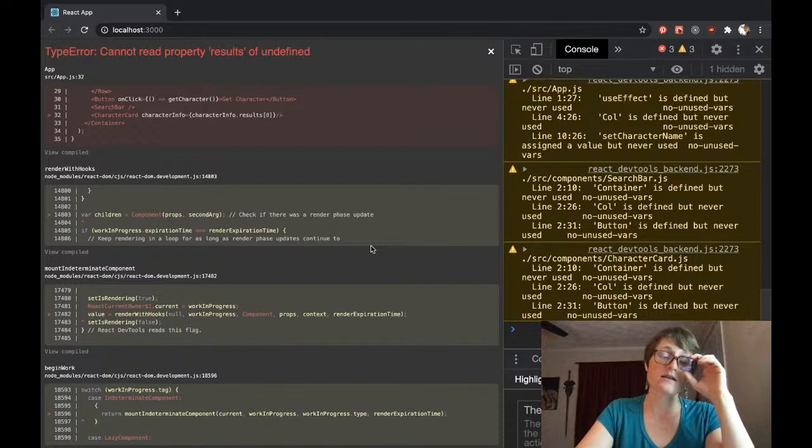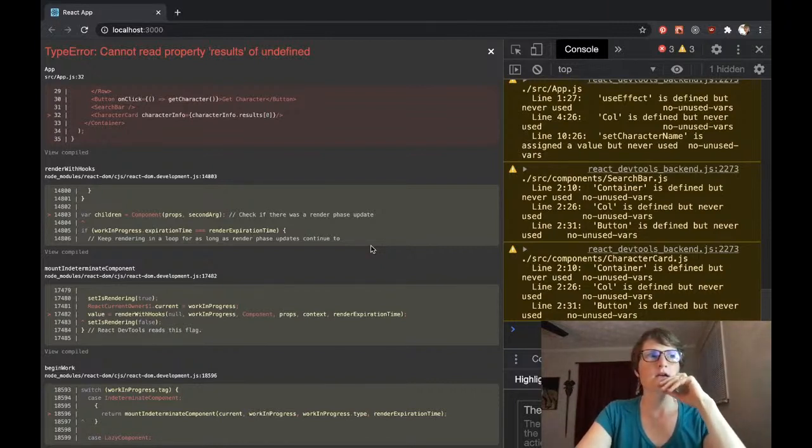That's because it doesn't exist. That's because it's undefined until I click the button. That is why it is undefined until I click the button. So,